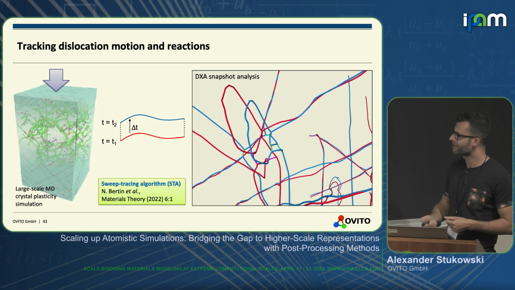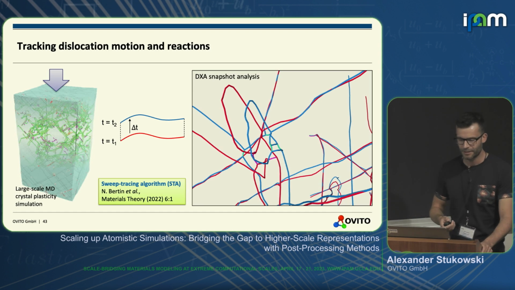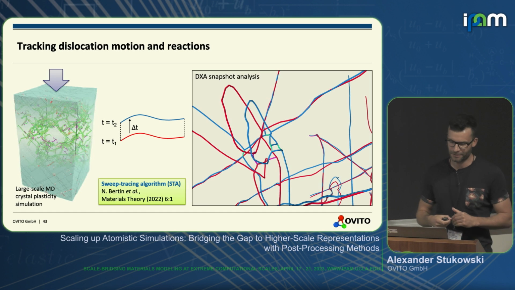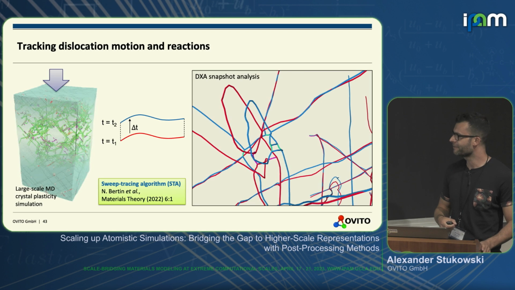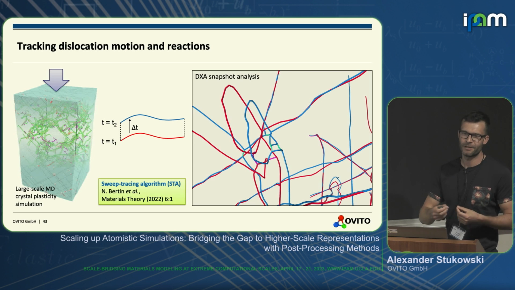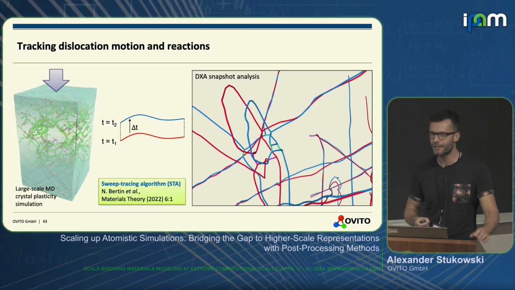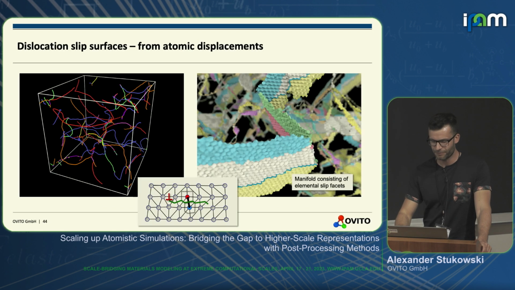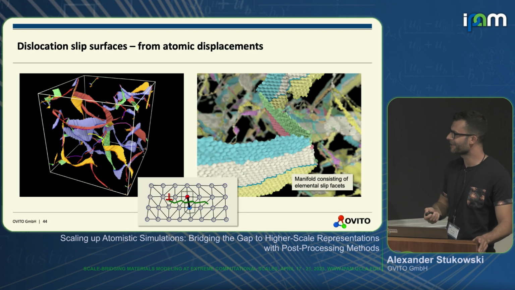One solution to this problem has been proposed by Nicolas Bertin recently, the sweep tracing algorithm. The idea here is to project the discrete line representation onto a Nye tensor field representation and use that to find the most likely pairing of dislocation segments, so that we can then really follow the motion of dislocations. I personally have been working on a different approach, but so far haven't completed it yet, which is